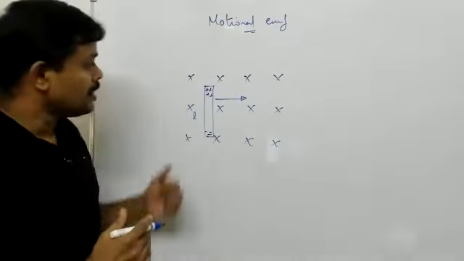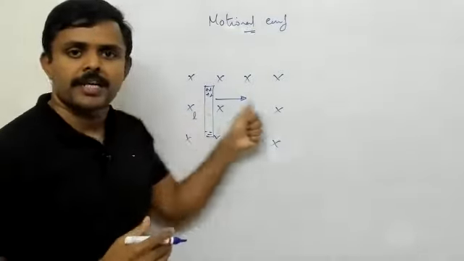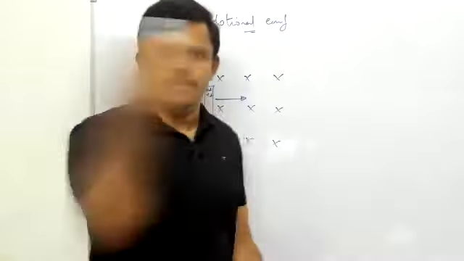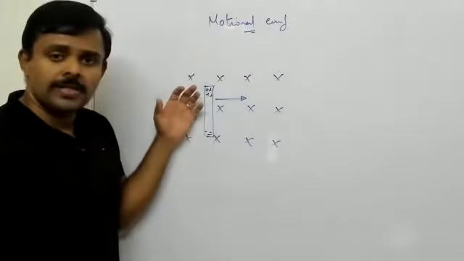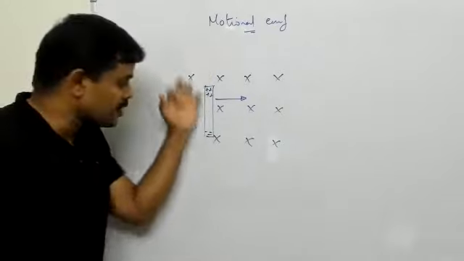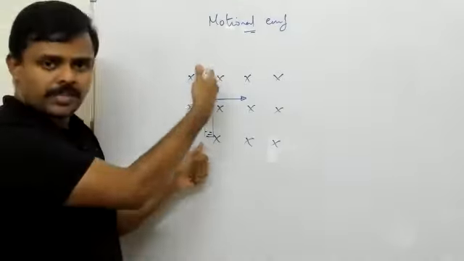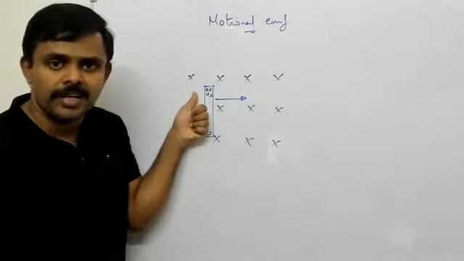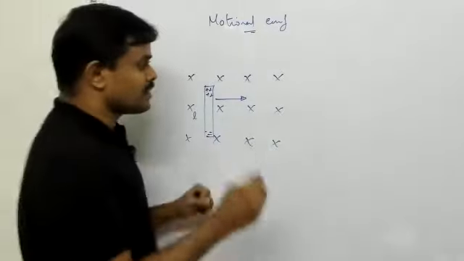Repeating one more time, we have a metallic conductor being pulled inside a magnetic field. Just take a metallic rod, you just pull it across like this. Okay? Now what happens is, electrons are experiencing a Lorentz force. The Lorentz force pulls the electrons to one side. That end becomes negative. The other end, which has lost electrons, becomes positive. Right? So you have one positive terminal and another negative terminal. That makes it a cell. Right? And the EMF is given by,